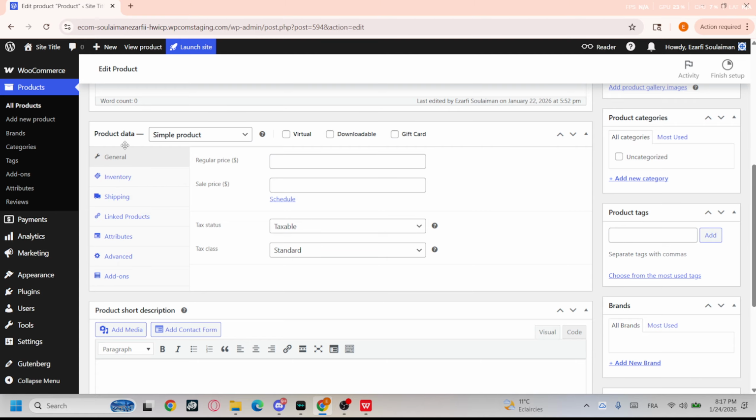So actually you'll need to scroll down to the product data box, and right here I want you to stay on the general tab, and here you will need to set your normal price. Here on the sale price you will need to set your discounted price, and then just go ahead and click